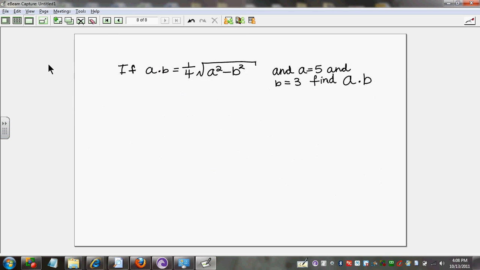Okay, so we have this one up for you to look at. If A dot B is equal to a quarter square root of A squared minus B squared, and A equal to 5 and B equal to 3, find A dot B. Find A dot B. Okay, so try it out. Tell me what you get. Okay, so in this question,